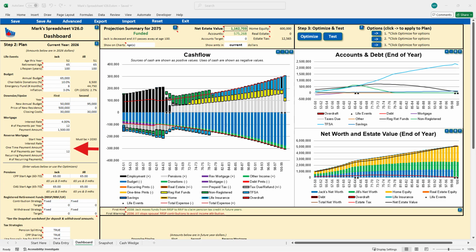The spreadsheet also allows you to enter a reverse mortgage. A reverse mortgage may be used if you plan to remain in your home. With a reverse mortgage, you can receive a one-time and/or series of payments. You are not required to repay the mortgage until you sell your home or pass away, whichever happens first. Be aware that interest rates on reverse mortgages are typically higher than conventional mortgages. Both spouses must be 55 plus to obtain a reverse mortgage, and the payments may not exceed 55% of the